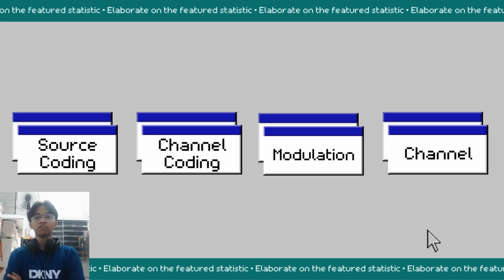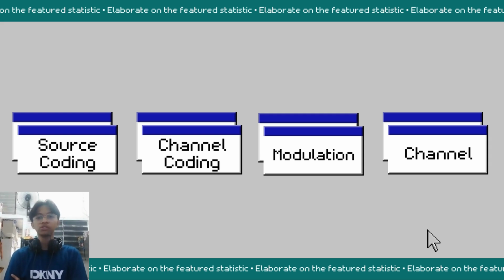So let's start by looking at the overall process of digital communication. Digital communication follows a clear sequence of steps. First one is coding. We compress the data so it takes up less space. And then we go on to channel coding, as we add protection to make sure errors can be detected and fixed. Next one is modulation. This is where we turn digital bits into real signals that can travel. And lastly, channel. This is the medium that carries the signal to the receiver. At the receiving end, all these steps are reversed, and the original message is reconstructed.